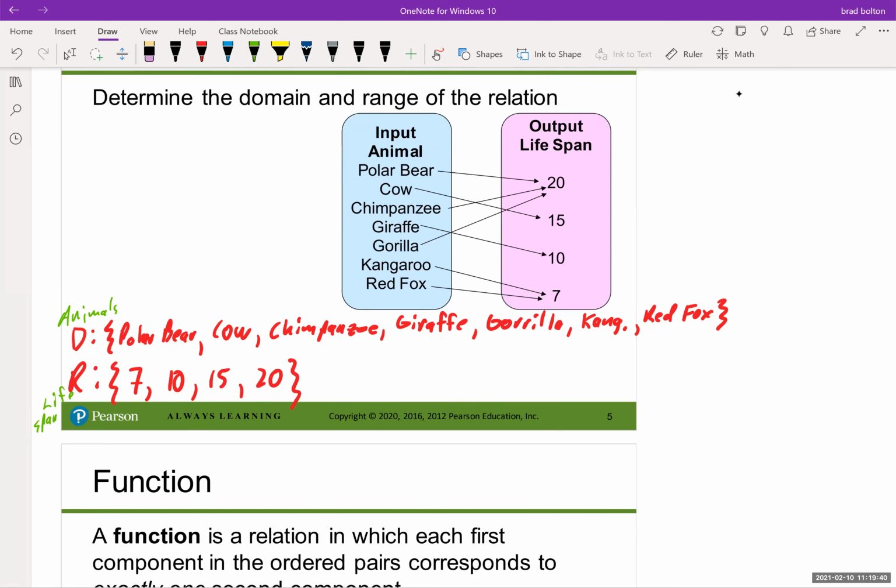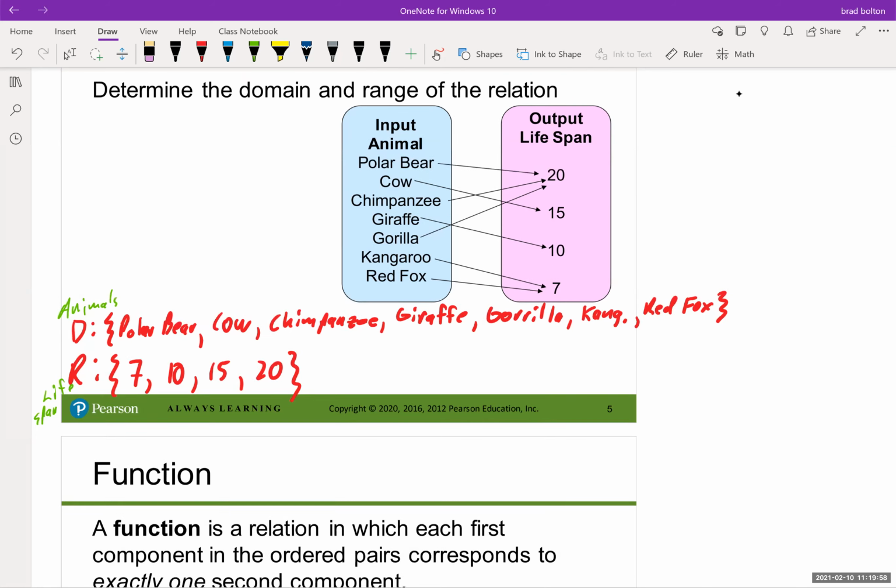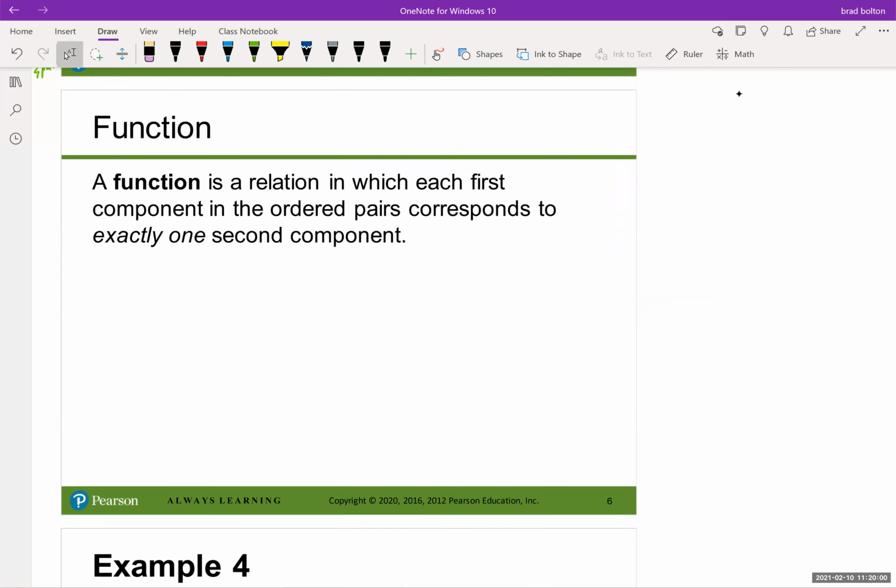Now, again, for this particular problem, are there more animals than this in the world? Yes, but for this particular problem, the only animals we're dealing with are polar bear, cow, chimpanzee, giraffe, gorilla, kangaroo, and red fox. That's what makes it our domain, because that's all we're talking about for this particular problem, okay? Now here's a special type of relation. A function is a relation in which each first component in the ordered pairs corresponds exactly to one second component,